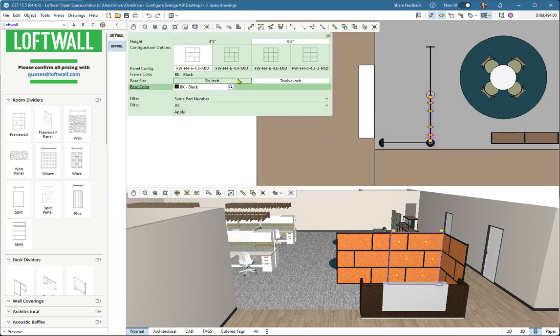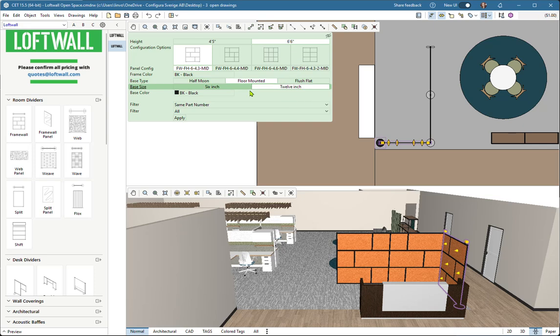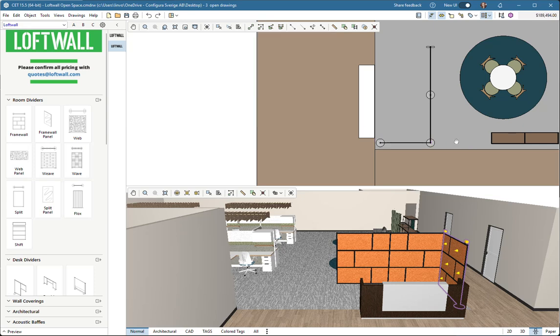And I'm just going to keep moving through. We'll leave this one at 12, change that one to silver, and then we'll do this last one. I'm going to make this one floor mount, 12 inches to match the others, and then silver. Again, you don't have to go through and change the bases if you're okay with them all being the same color as the frame. All right, I'm just doing it to show that